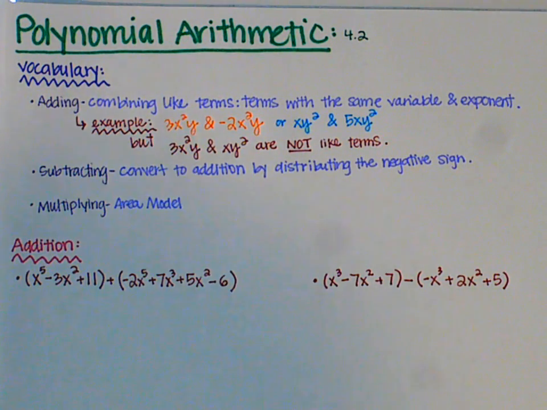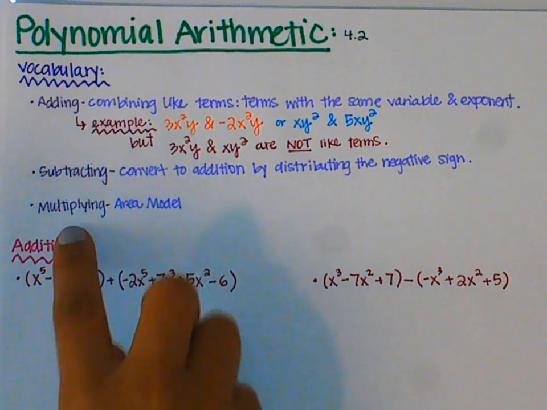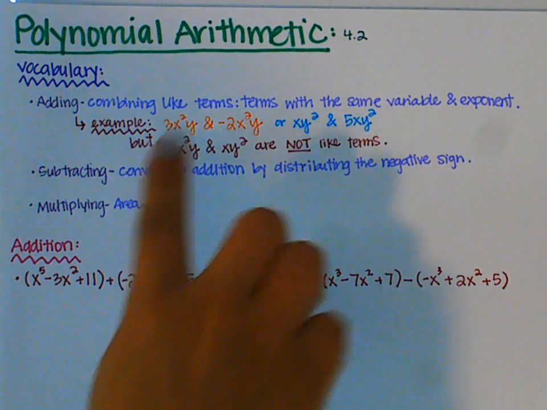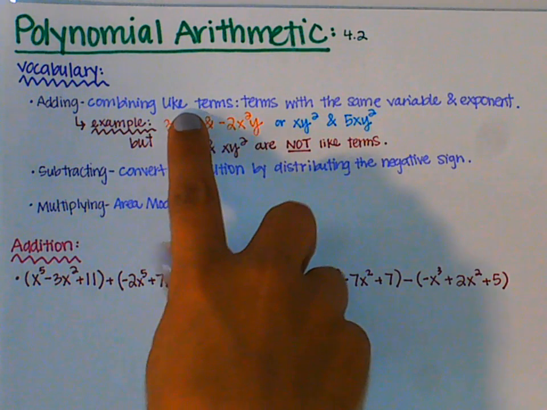Hi everyone, today we're going to be talking about polynomial arithmetic. Arithmetic is just a fancy word for the four principal operations that we do: addition, subtraction, multiplying, and dividing. We will be dividing in this chapter, but for now I just want to focus on the first three: adding, subtracting, and multiplying. When we're adding, we're just combining like terms, and those are terms that have the same variables